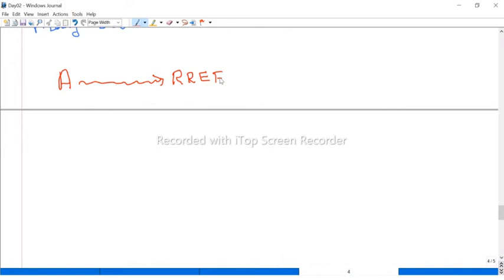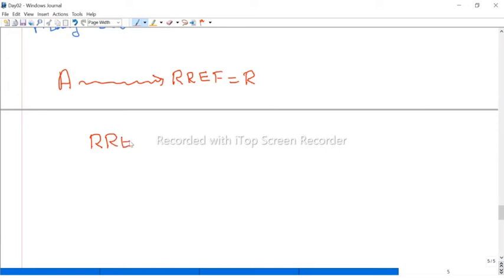Now we define the rank of the matrix. Maybe we call the row reduced echelon matrix R. R means the row reduced echelon matrix of the matrix A. Somebody writes the notation RREF of A, meaning the row reduced echelon form of the matrix A. Simply, REF of A means the row echelon form of A. It is a different matrix, but you get it from A using elementary operations. RREF means the reduced row echelon form of the matrix A.